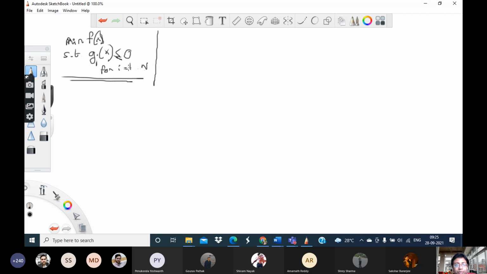Now, in this case, what is the problem? In our case, the problem is, as we discussed earlier, to maximize the margin such that y_i w transpose x_i is greater than or equal to 1 for all i. Sir, it can also be -1, right, for the other class? No, that is taken care of by y_i. So y_i can be either +1 or -1.